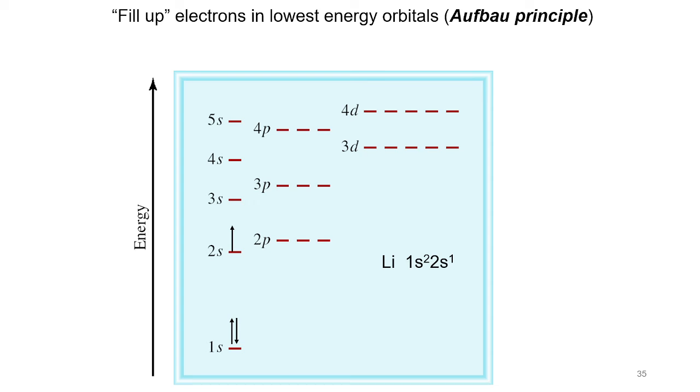Tuloy-tuloy lang natin, beryllium, 4 electrons. So we have 1s2, 2s2, or 2 electrons in the first s orbital and 2 electrons in the second s orbital. Okay, we have boron, 5 electrons,